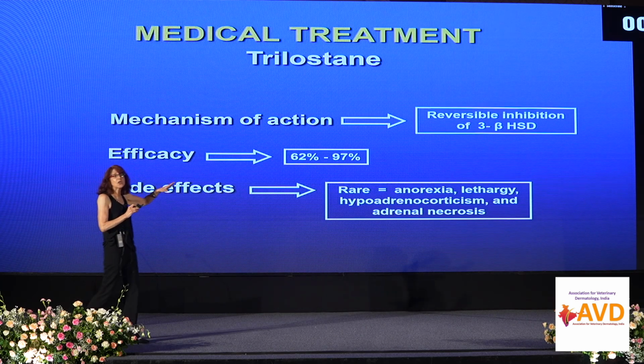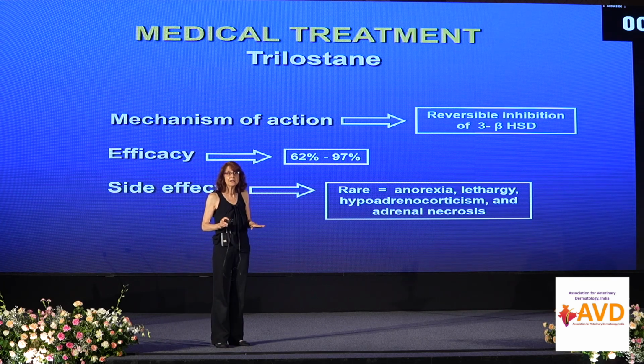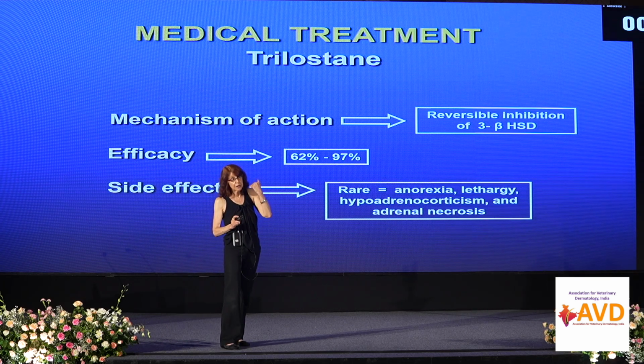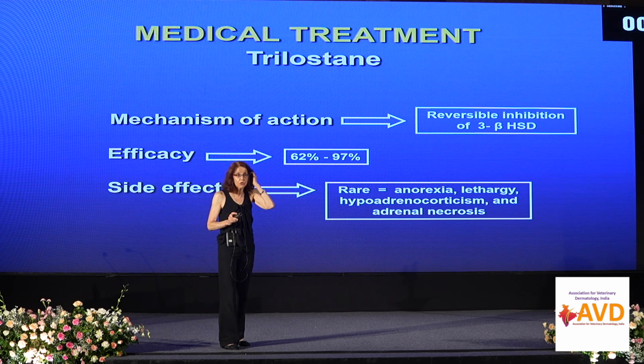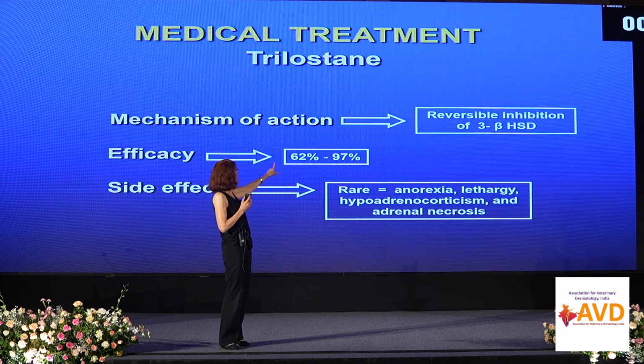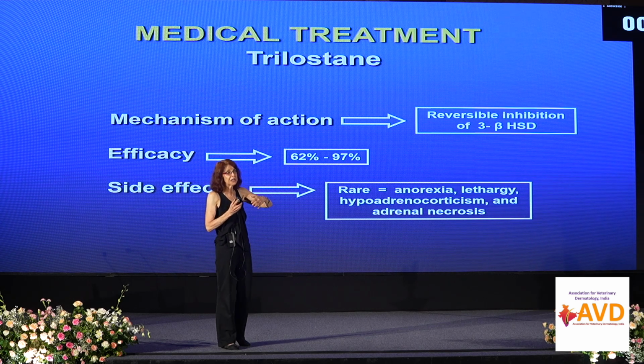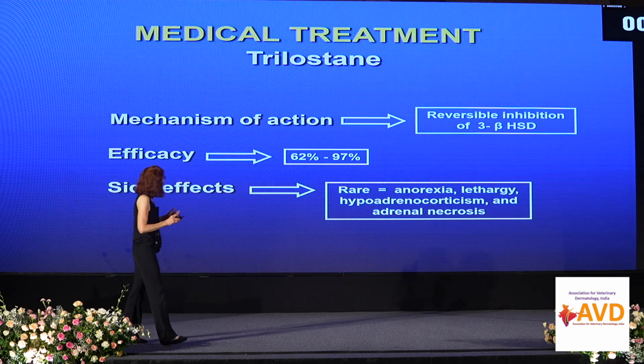Trilostane. So you don't have trilostane here yet, right? I bet DECRA will bring it to you. But that's the drug that I would say, I never say 100%, but at least 90% of people in the United States are using. And I think mitotane is even better than trilostane to control the disease, because it's safer. The inhibition of the enzyme involved, 3-beta-hydroxysteroid dehydrogenase, is reversible. That's why it's safer, and why we're using it more often.